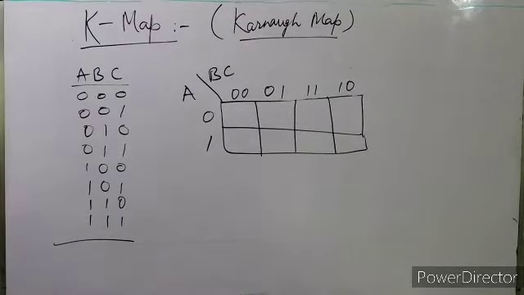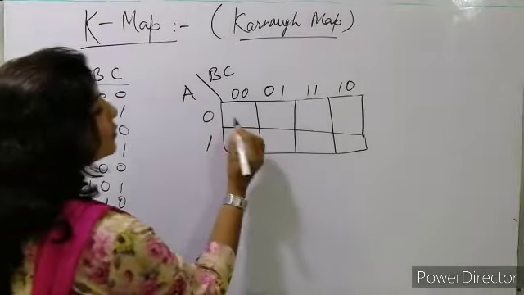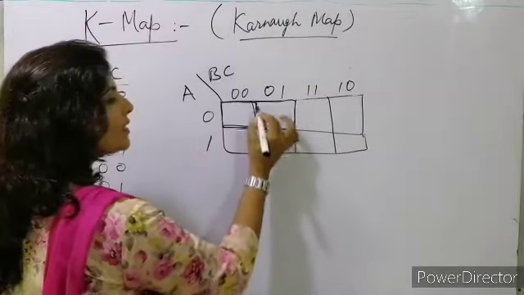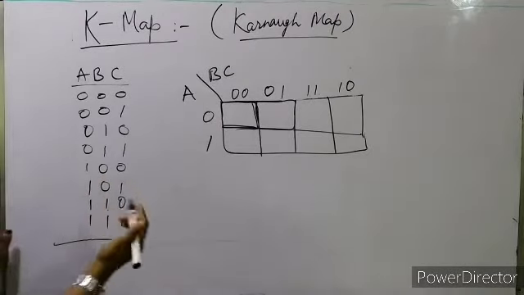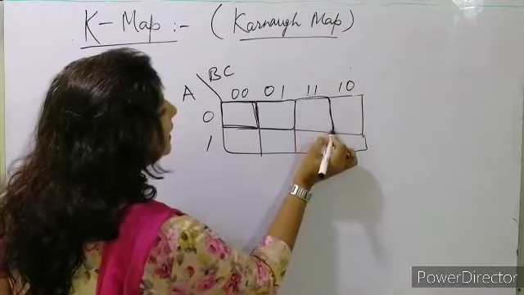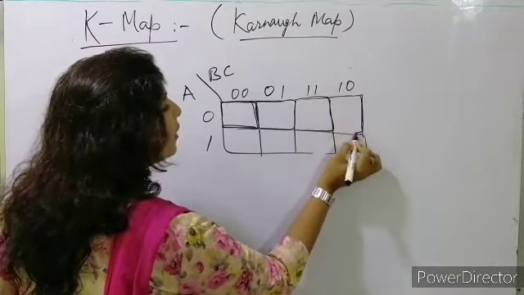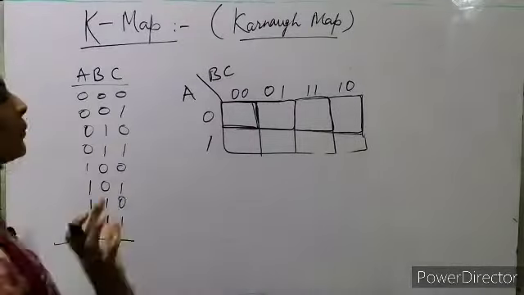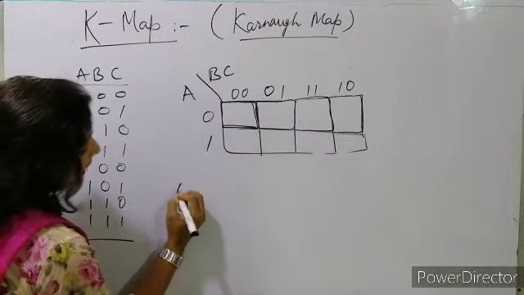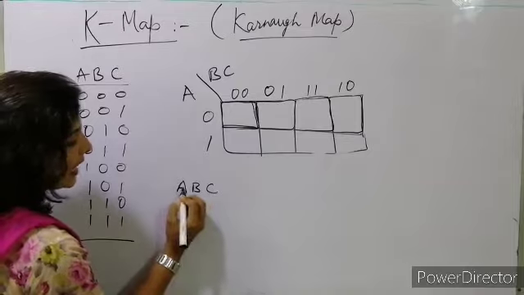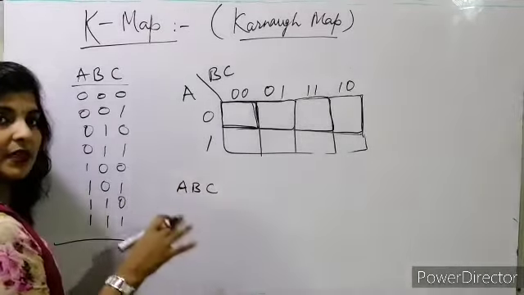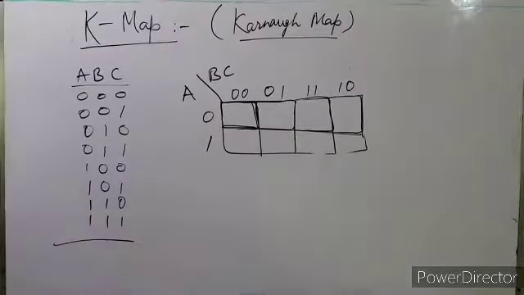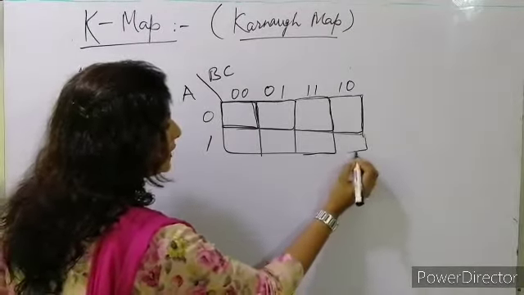A K-map is an array of squares, each representing one min term. So each square represents one min term. A grid of squares, or array of squares, and each square represents one min term. Correct? That means in terms of A B C. A min term is where all the variables will be there, either the variable or its complement. So each box represents one min term.